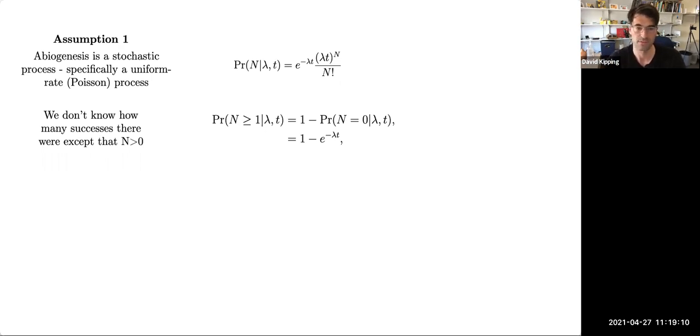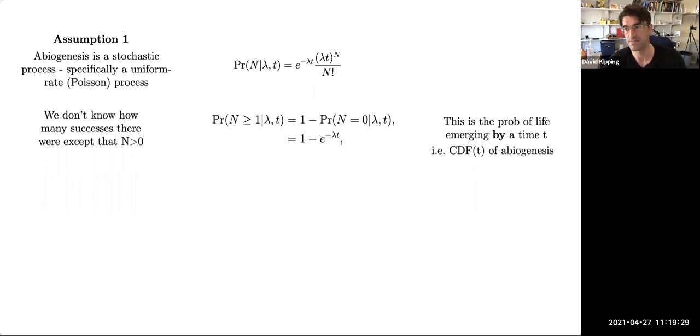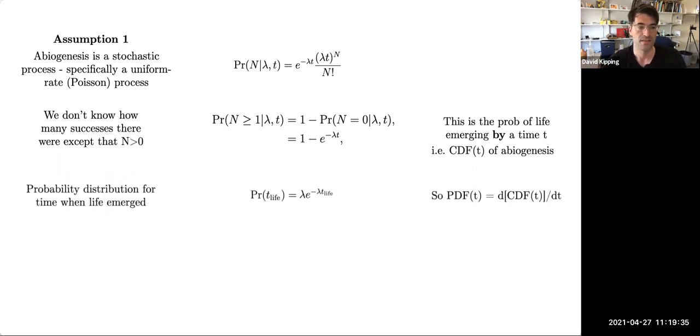So we know there's at least one, so we can just take basically the sum over 1 to infinity of our Poisson. And this is the probability of life emerging by a time t, since it's over an interval. And since it's by a time, really you can think of it in a temporal sense of being a CDF. It's a cumulative distribution function, since it's an integral from 0 to time equals t'. So to get the actual probability distribution of the time itself, you have to take the derivative of that, the PDF. And then we end up with this, which is basically an exponential distribution, which should make sense. If you know anything about Poisson events, you probably know the time difference between them is distributed as an exponential.